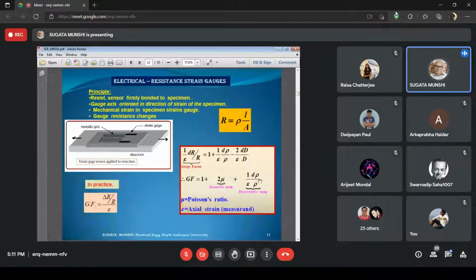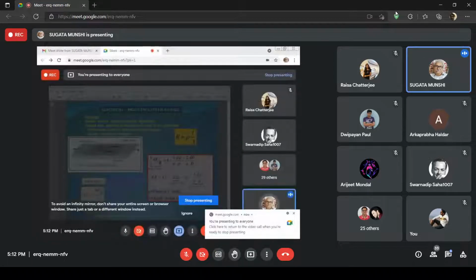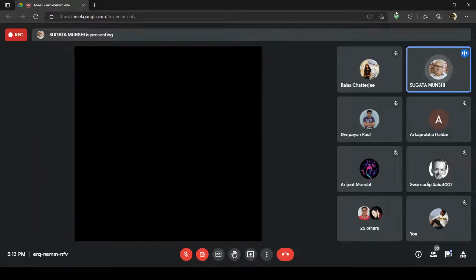Now, apparently, there is no reason why the resistivity of the material will also change due to mechanical strain. But in practice, the resistivity of the material also changes due to mechanical strain. This is of importance in the case of semiconductor materials. All right, when you have semiconductor gauges, there,